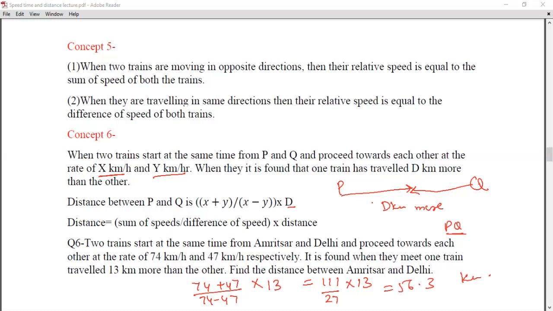Either you solve it more conventionally by taking x and y variables, but that will consume time. So in order to save our time, we have reduced the same thing into this form. If you solve this question conventionally, eventually in the last step our equation will reduce to this. So it's better to stick to the shorter formulas and find the answers.